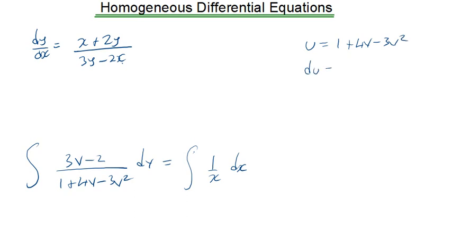So meaning my du will be equal to, not v but 4, so that's going to be 4 minus 6v, minus 6v dv. So what you observe is that your dv is simply equal to du over... the common factor for 4 and 6 is what? It's a 2. So I'll write this as 2 open bracket 2 minus